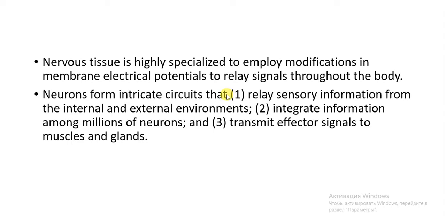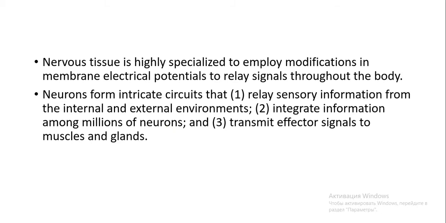Okay, neurons. They relay sensory information from the internal and external environments. So we have sensitive neurons. We have neurons that integrate information among millions of neurons. These are integrative neurons, which switch signals, gaining a signal from one side to another. For example, in the brain we predominantly possess integrative neurons. And the third type is the motor neurons. They transmit effector signals to muscles and glands. They are motor neurons, which facilitate